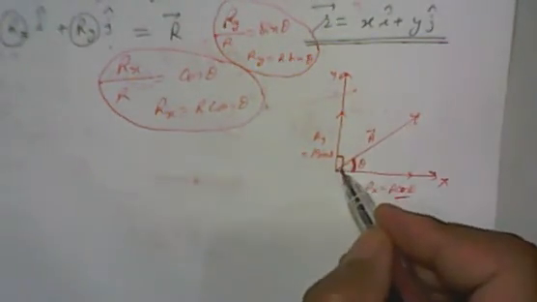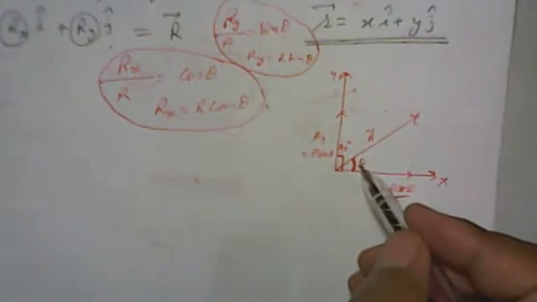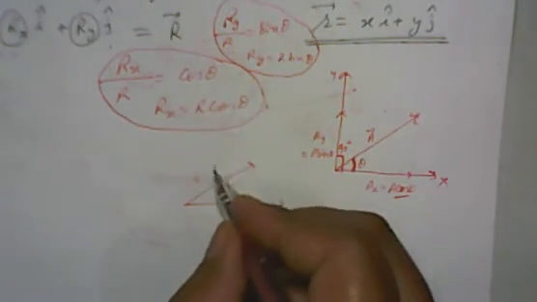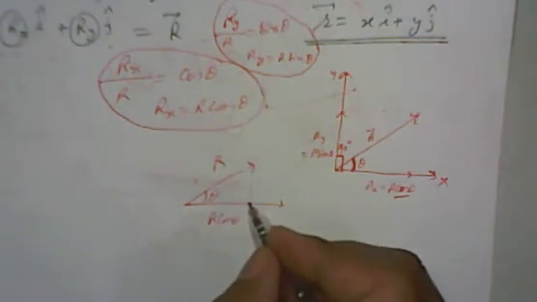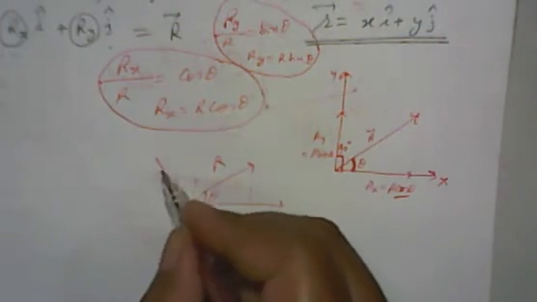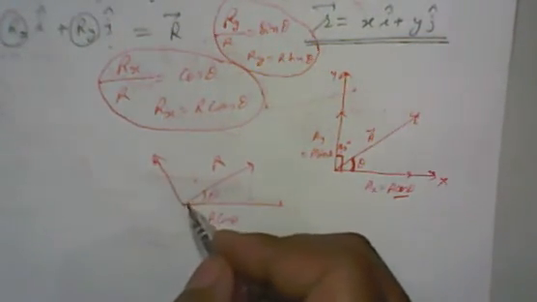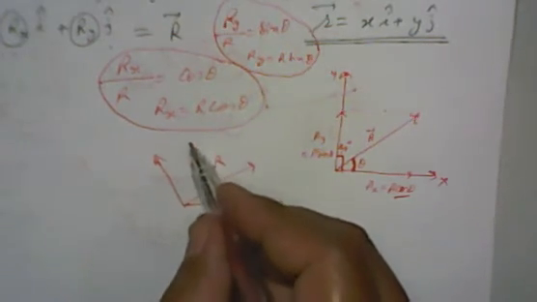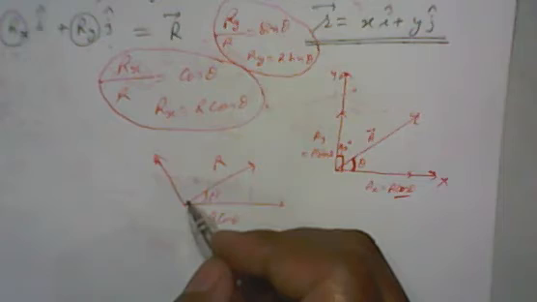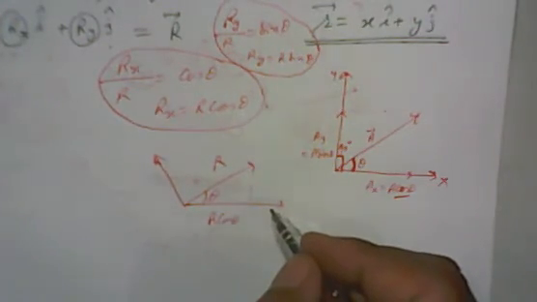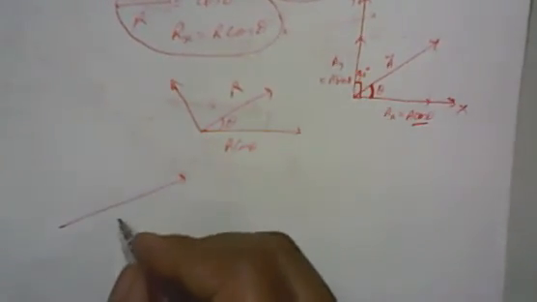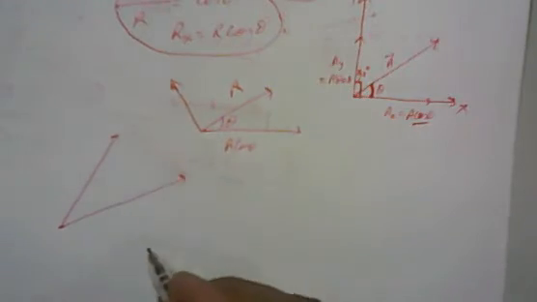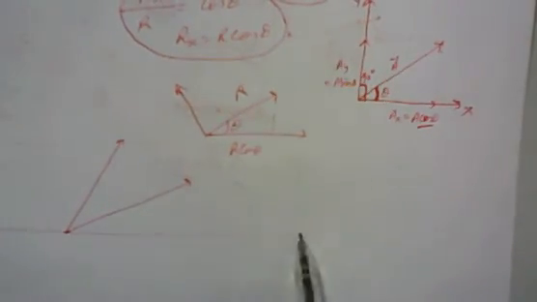That holds only if this angle is 90 degrees. If you only have this direction and you have r and theta, you can always write r cos theta here, but if I have another direction which is not at 90 degrees, you cannot write r sin theta. You can only write it if this is the y axis, if this is vertical, perpendicular to the already given vector. So you may have a vector in this direction, and a vector in this direction. Obviously you can say that the x direction is this and the y direction is this.